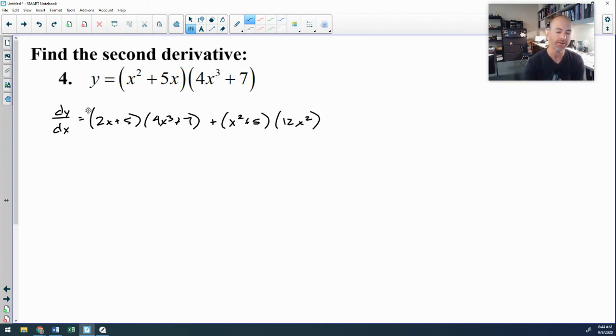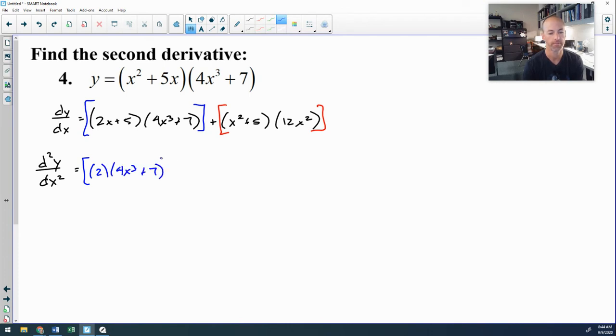For my second derivative, what I've created is 2 product rules. I have the sum of that product and this product. And so when I do my second derivative, I now have 2 product rules to consider. So my second derivative is going to be, and I'll do the product rule of this first piece. So that will be the derivative of 2x plus 5, which is 2, times 4x cubed plus 7, plus, now I'm going to leave my first term alone, 2x plus 5, and the derivative is 12x squared,